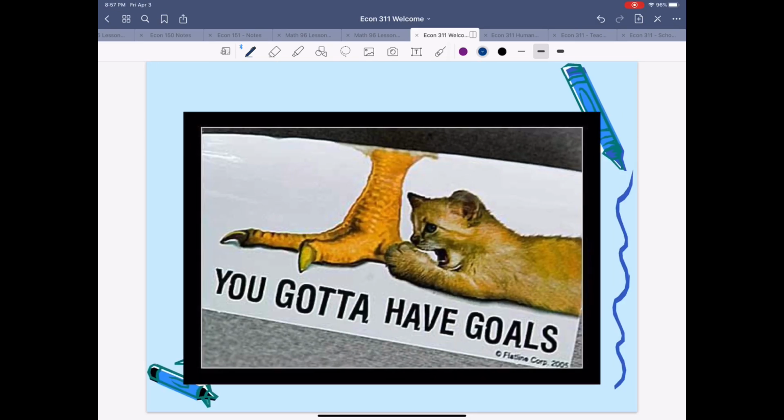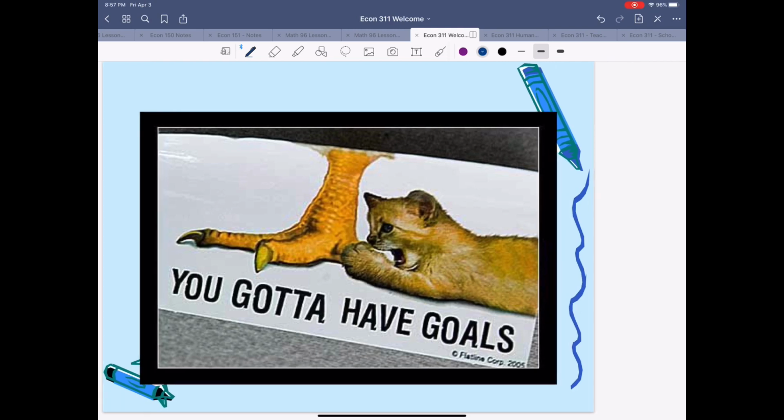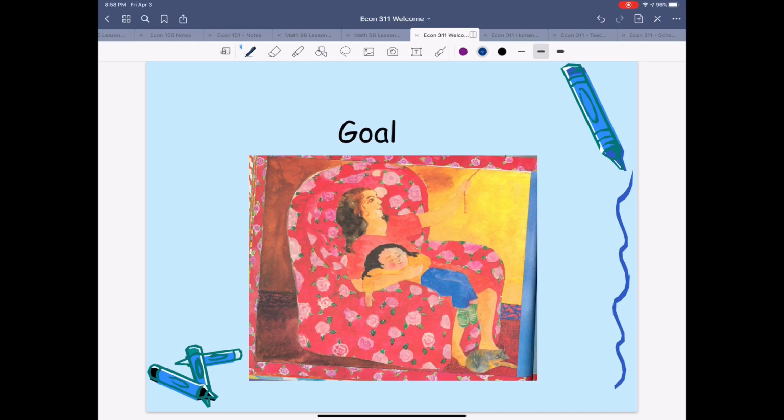And this is a cute image of a little kitten trying to eat a much larger bird. So we have some great stories available. And one of the stories that helps illustrate the concept of goal setting and goal achievement is A Chair for My Mother. This can be found in the course in Blackboard. I'm going to put a link in Blackboard, rather, with this PowerPoint so you can see that this is a story of a character who